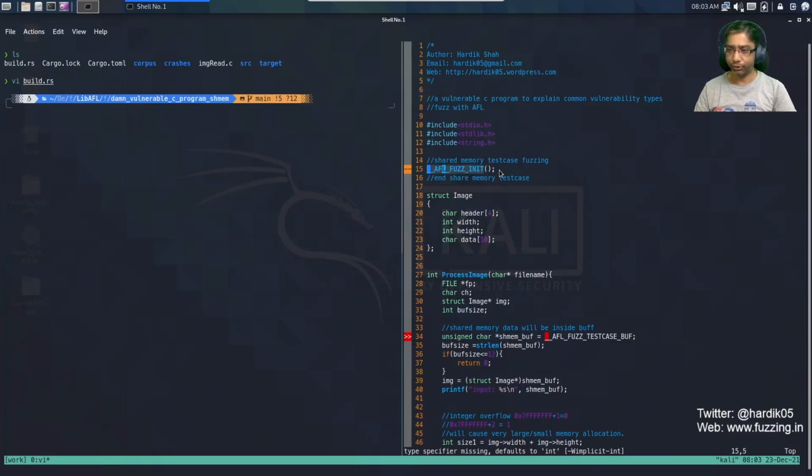So these two changes you need to make. First, at the start of your program, you need to call this AFL specific function, that is _AFL_fuzz_init. And the second thing is that you need to read all the data from the buffer present in _AFL_fuzz_testcase_buf.